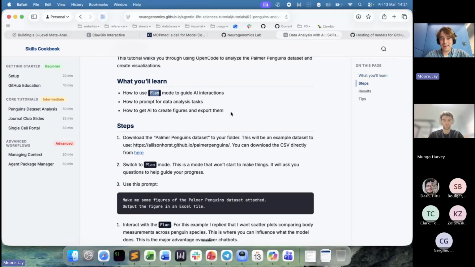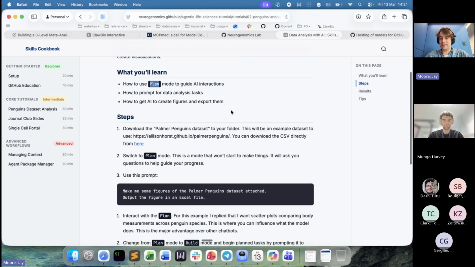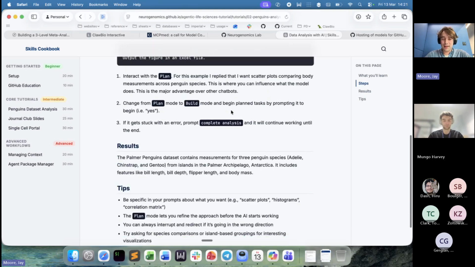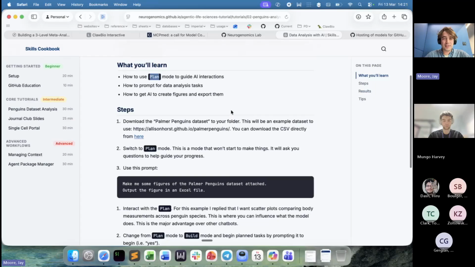Plan mode is kind of a helpful start to that. So if I have a data set and I want to plan an analysis, you begin a conversation with the agent. Before I go too much further,